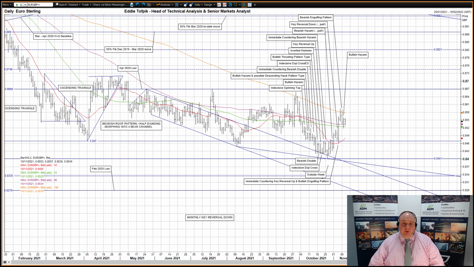Euro sterling. A reactionary bullish harami yesterday after the previous session's bearish engulfing pattern. It was also much like Monday's action, capped by the slowly falling long moving average, currently 85.78, and supported by the combination of the flatlining medium moving average, currently 85.34, and the short medium moving average, currently 85.24. Now, admittedly, prices did not rise enough to test the long moving average yesterday, but the resistance and the cap is still implied.